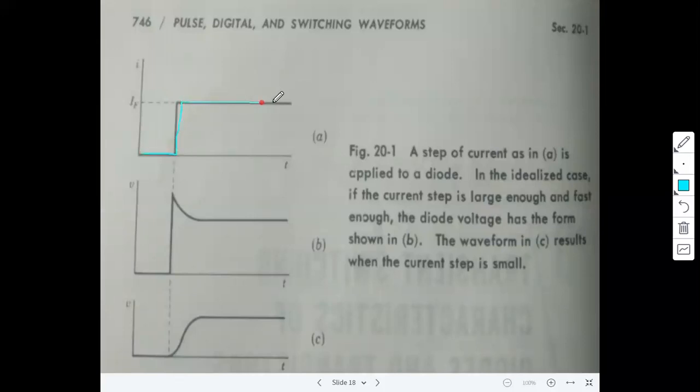Now let us say this current is applied to the diode. Here there are two responses, one is B, another one is C. B type of response is obtained when the amplitude of the current is sufficient and the rise time is large. Observe here, the B response is,